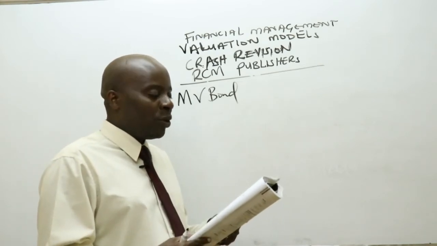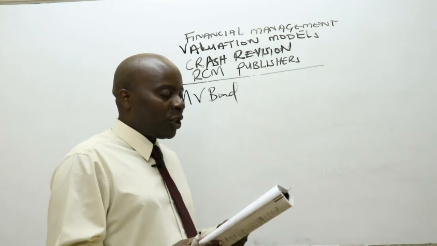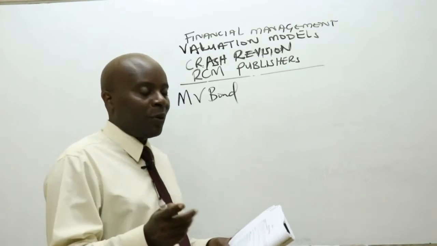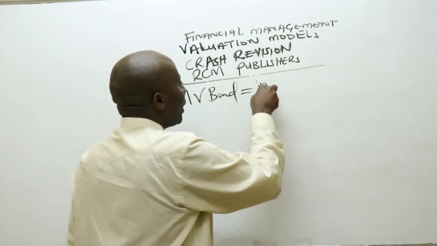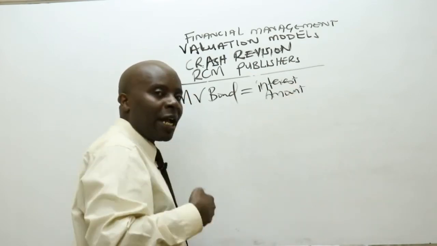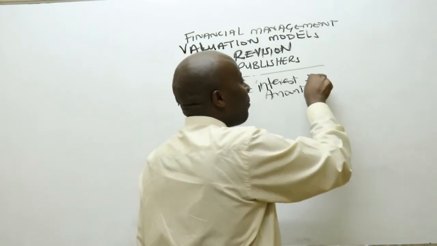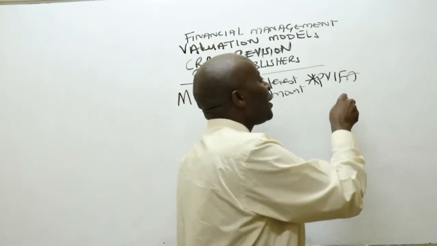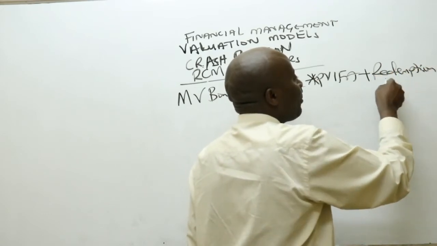So you're told that William Mugunya intends to invest shillings 200,000 in a redeemable 12% shillings 100 debentures for 3 years. So you can see the duration is given. Whenever the duration is given, then that is a redeemable bond. So to get the market value of a bond, what I will do is to take the interest amount that you have, and because this interest amount that you'll be getting is an annuity, I have to discount it by multiplying it with the present value interest factor of an annuity. And because it is a bond that will be redeemed, I have to take the redemption amount